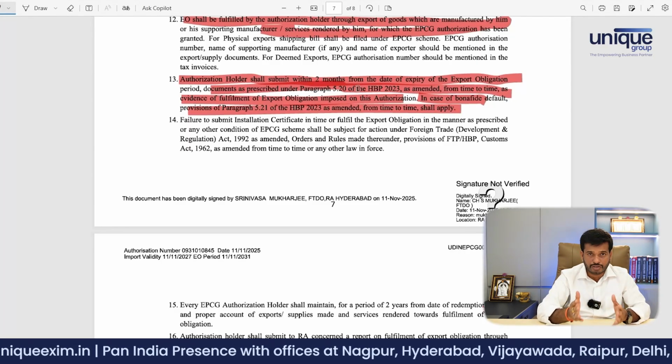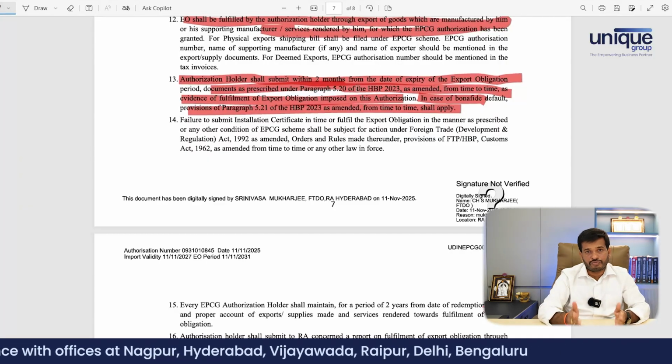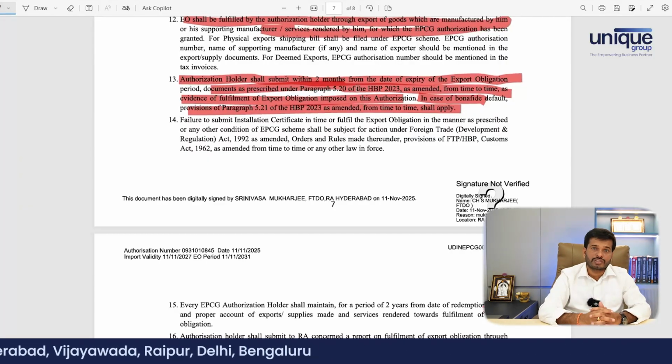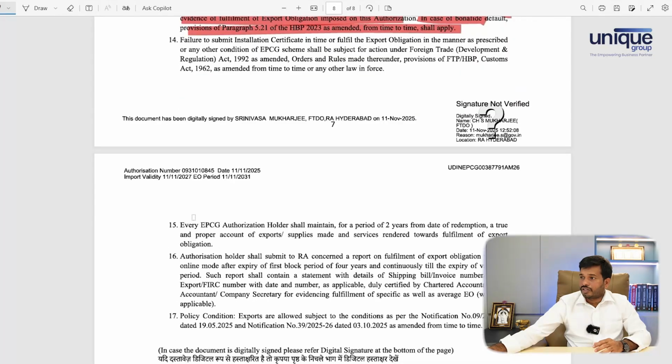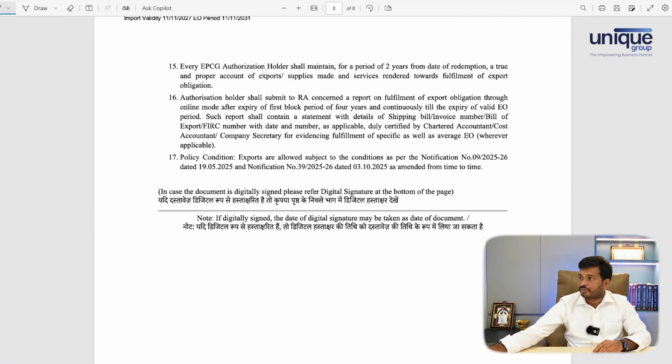Some people fulfill the export obligation, but forget to submit the documents. In some cases there is a delay, and then the department will issue a show cause notice or demand notice. Even customs will pressure us by giving a show cause notice, order in original. So there are many things we have to take care of. Once you take an EPCG license, we have to take care of this scheme until fulfillment of the export obligation, right? Okay, so